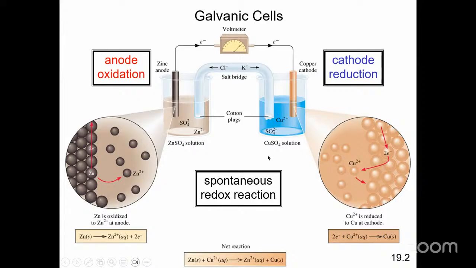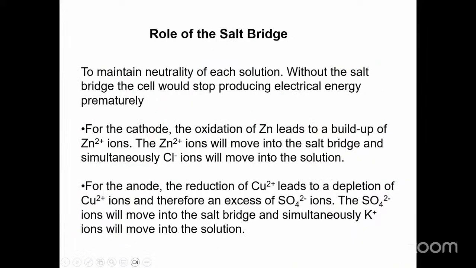So the next slide is basically going to explain the role of the salt bridge, and the role of the salt bridge is basically to maintain neutrality of each solution so that the electric current can continue to be produced for as long as possible, right? So basically, if you're concentrating on what happens at the cathode, remember we said that the cathode,